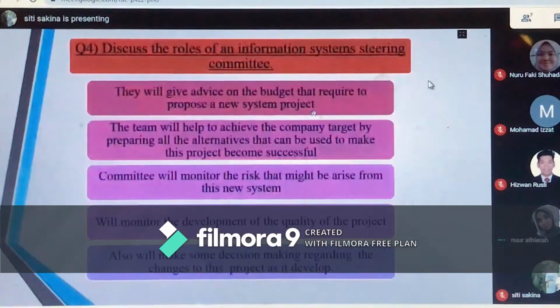Question 4. Discuss the role of an information system steering committee. The role of the steering committee is to give advice on the budget required to propose a new system project. It is important to ensure that Lestari Perdana Sdn Bhd can make a good plan to prepare the budget